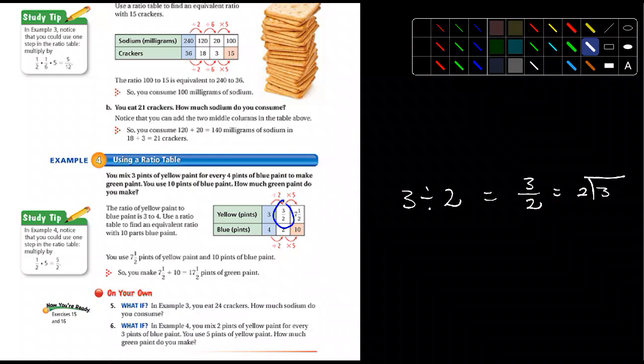And the blue paint, you can see it right there, it's 4. Well, what's 4 divided by 2? That was pretty easy. That would just be 2. Okay. The next ratio, they multiply that answer by 5. And so then we have